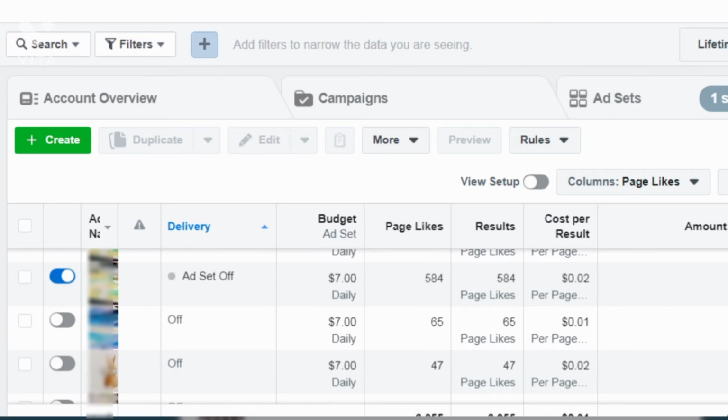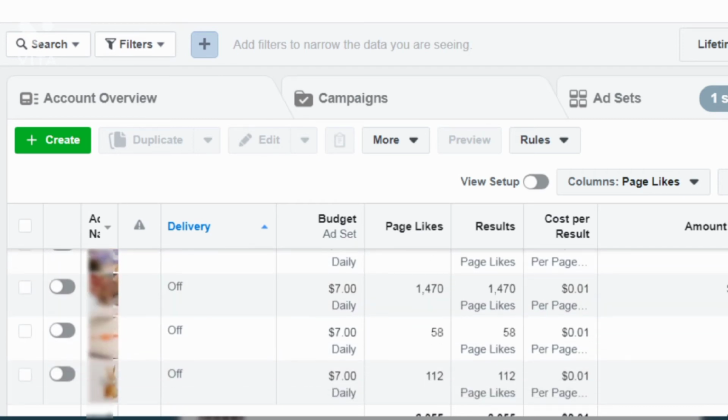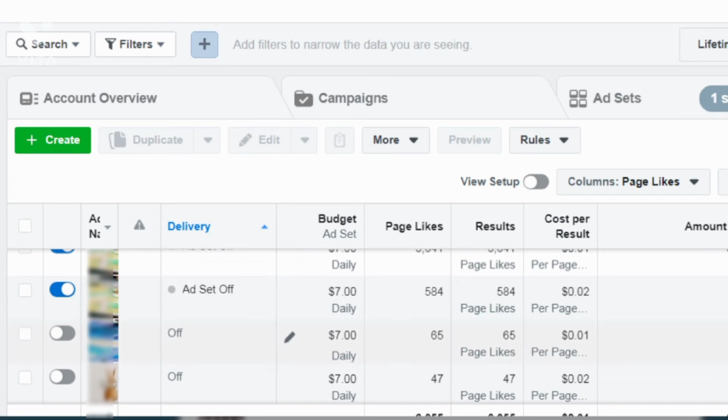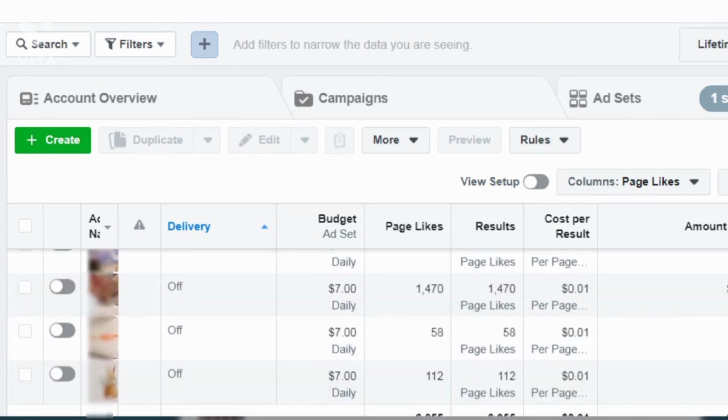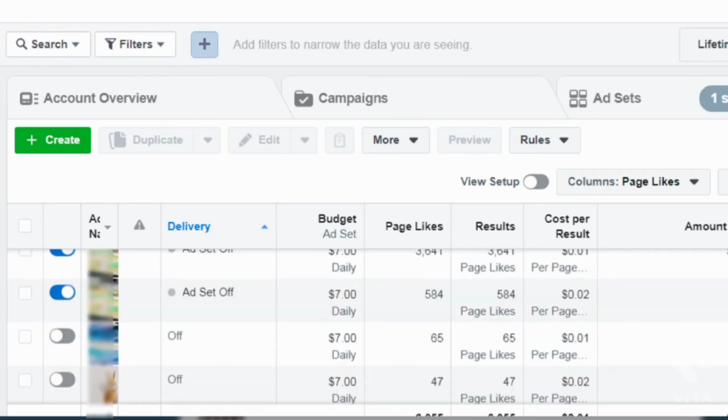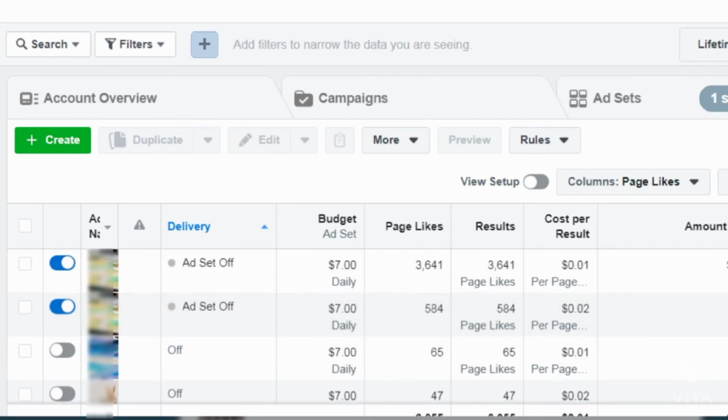So if we scroll down further, we can see for the most part, it's relevance score 7 and then 8. So this one did really well. This one was 7. This one was 6. And then we look at the 6, and then we're like, okay, this one actually got a decent amount of page likes. Even though it was a lower relevance score, it made up for it with a good amount of page likes. So you do want to take into consideration the likes, the cost, and all of that before you decide, okay, this is not a good image, this is not a good text, or anything like that.